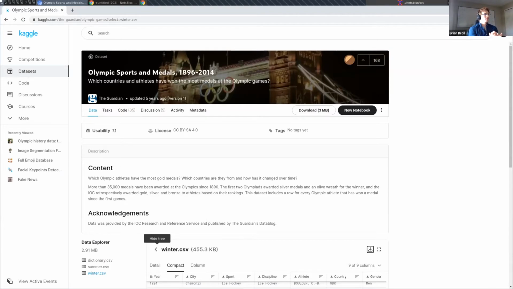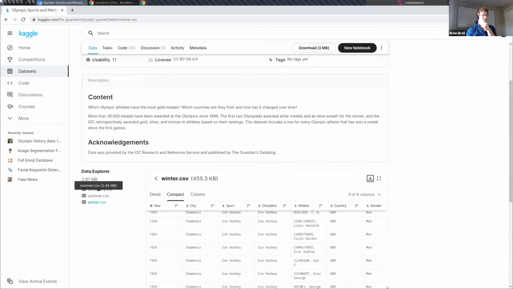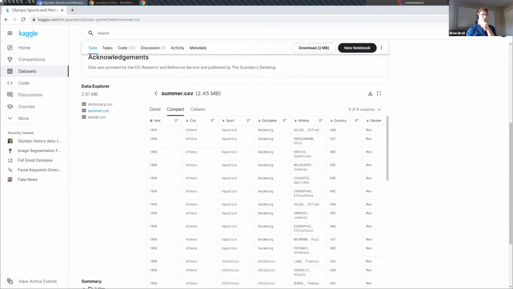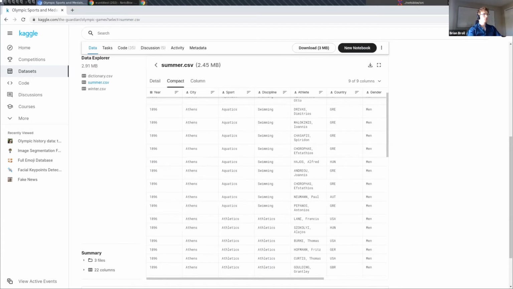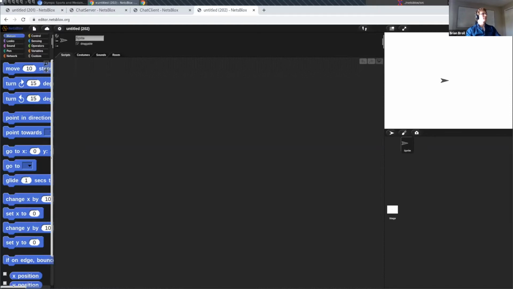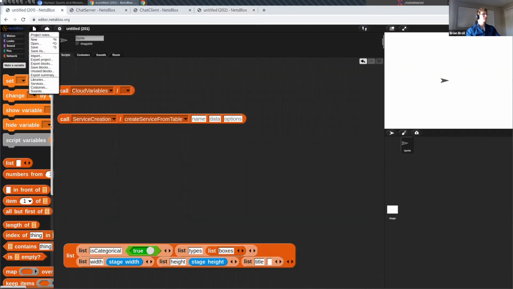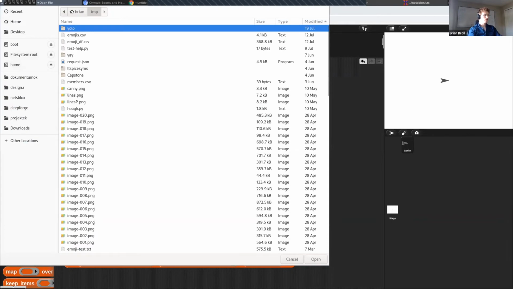So suppose, for example, I wanted to look at the Olympic medals that people have won during the Summer Olympics. I could go online and find this data set hosted by Kaggle, this machine learning competition website that hosts a lot of different data sets. I can see that it has a data set that's like 2.5 megabytes of all the medals that have been won during the Summer Olympics. So if I download this, and I already have downloaded it, so I'll skip that step, I have a couple blocks loaded here. I can simply import it into NetsBlox.